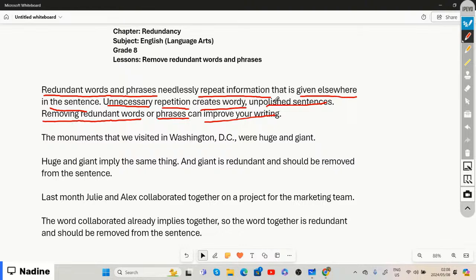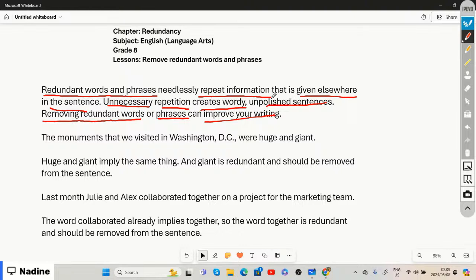If we look at an example, it says: the monuments that we visited in Washington, D.C. were huge and giant. If we look at the words huge and giant,